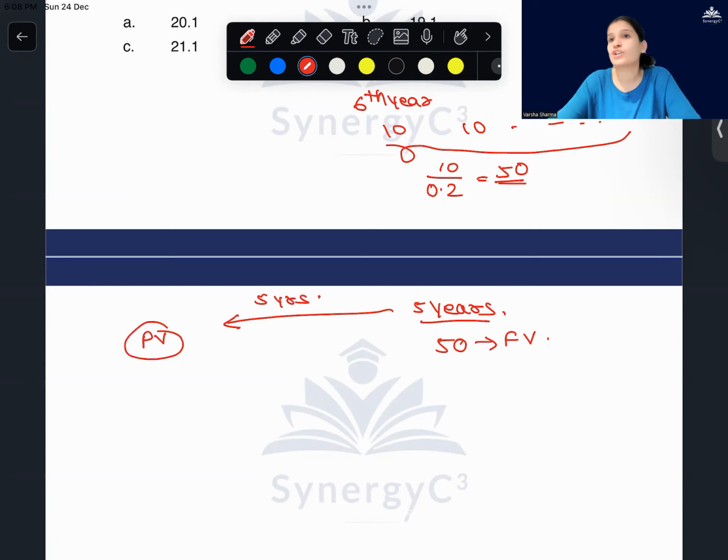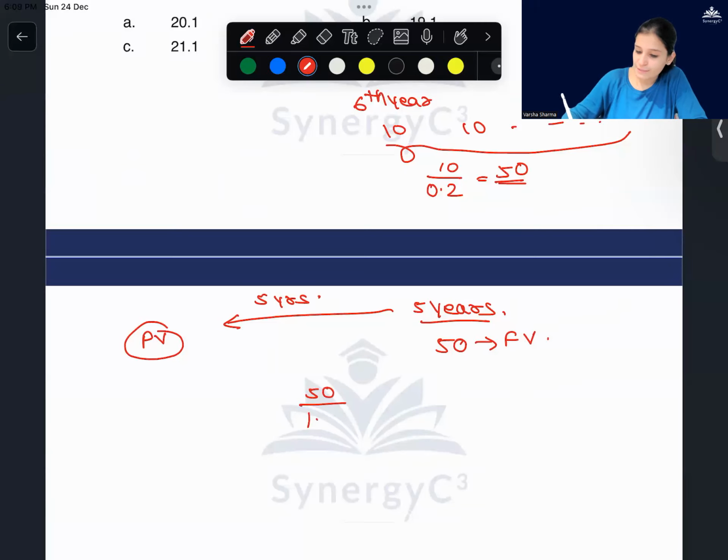So I get the present value. Is this a case of annuity? No. The annuity started from the sixth installment. Before that, it's a normal investment. So I invested something in the first year, which gave me a return of 50 rupees at the end of 5 years, from which I started the perpetuity. Clear? Now this 50 that I've got at the end of the 5 years, how much money did I start with initially at 20%? You tell me.